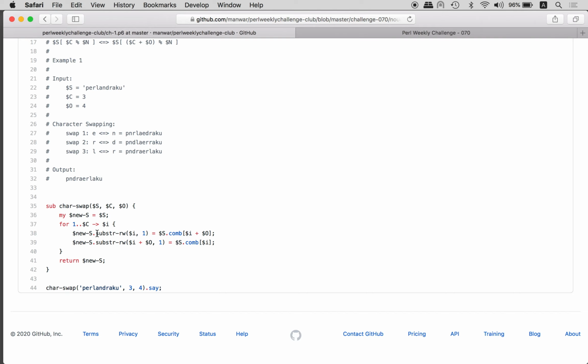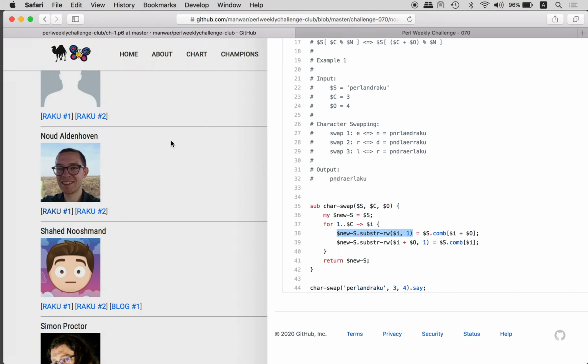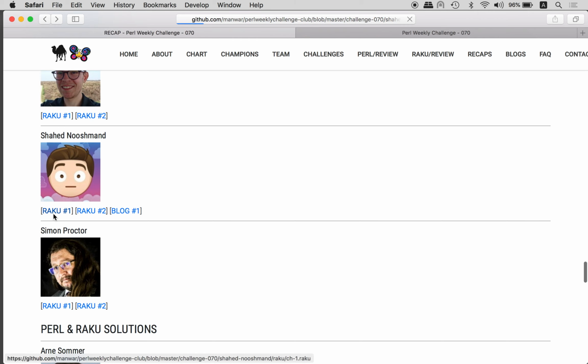So it's not just the substring which returns you a string, but it returns you something that you can assign to. So it's an L-value, and you can assign to it, and basically you will replace the substring with something, which is a really nice feature. Shahid,